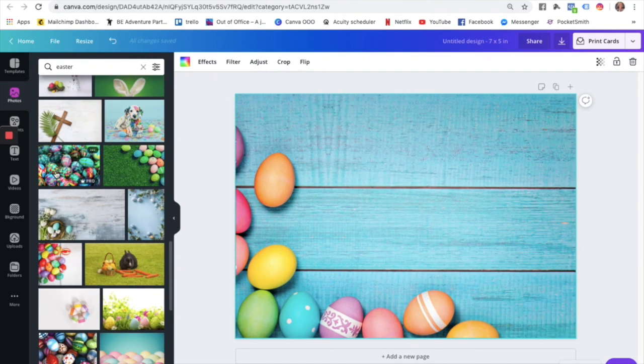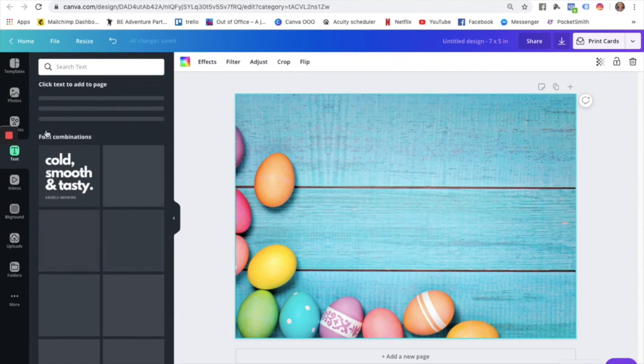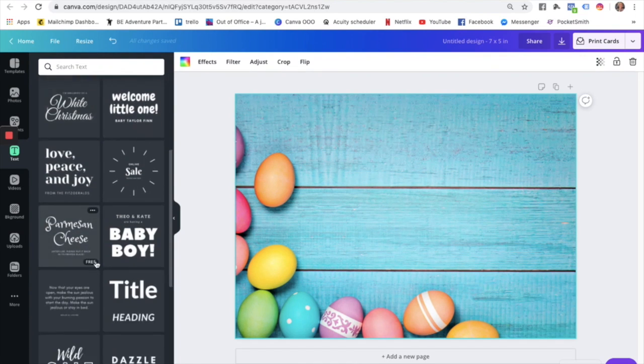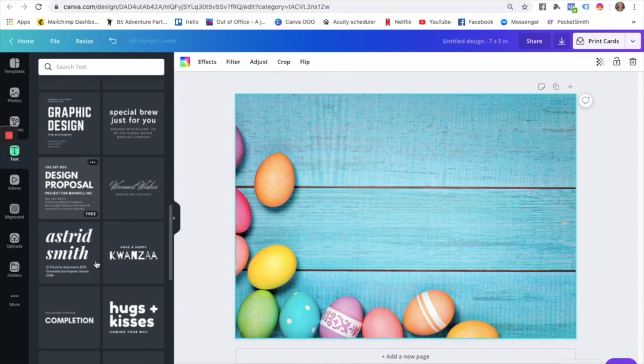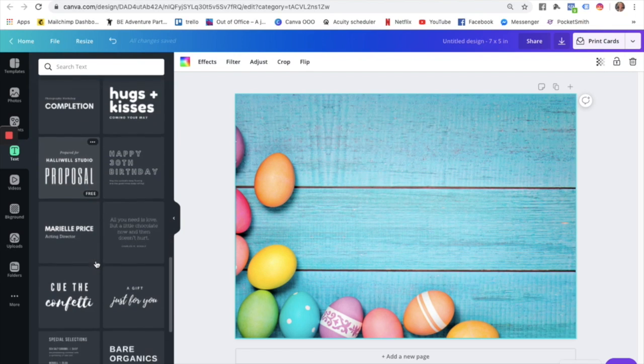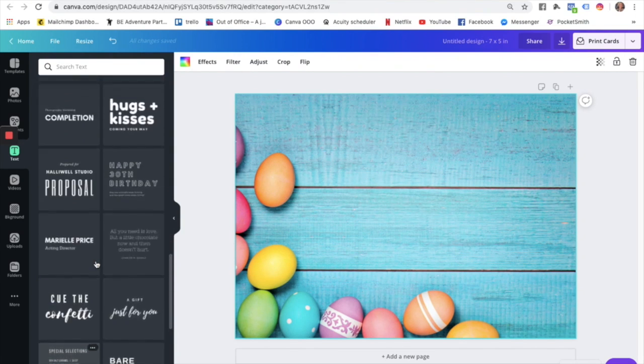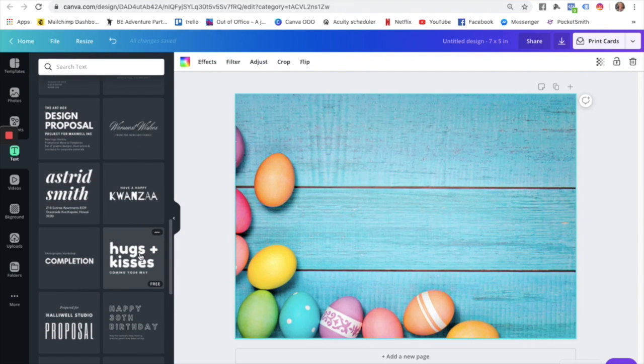So now we want to add some writing. So on the left hand side here, text. Now you can just add any text you'd like. These ones here are set up based on my brand kit. So these are the fonts that I use the most often for different things, but you can just add them and then you can change them anyway. Or you can have a look at some of the templates ones here, see if there's anything that you really like. Like if you're going to write Happy Easter, lots of love from us, you might want 2 different types of fonts. So this one here could be a good one